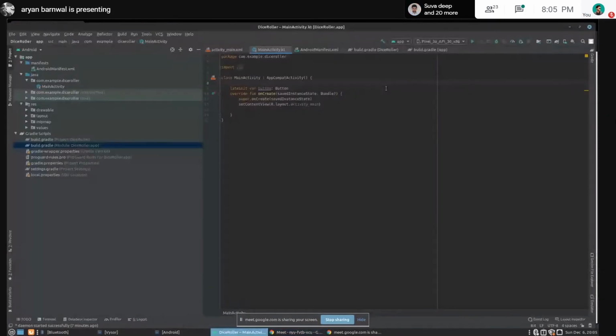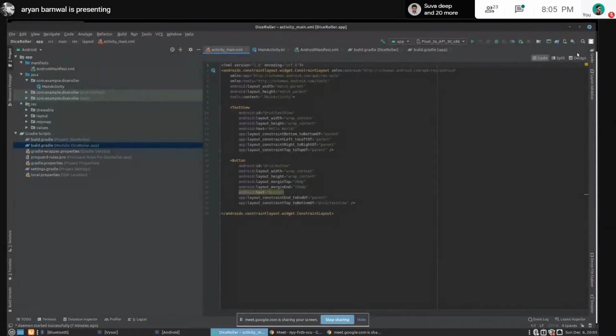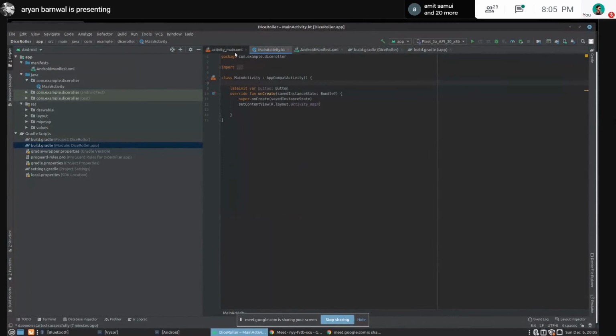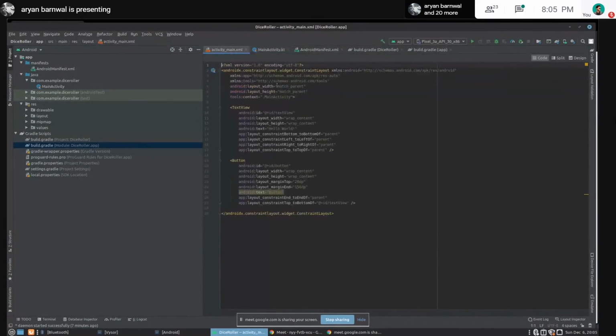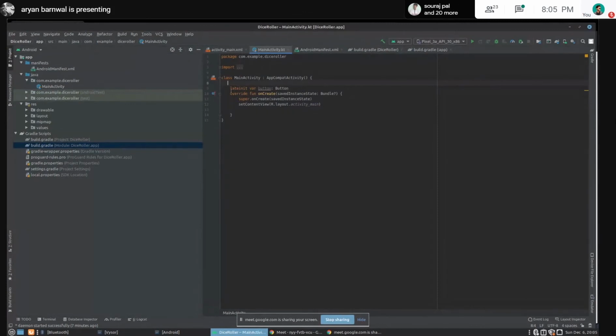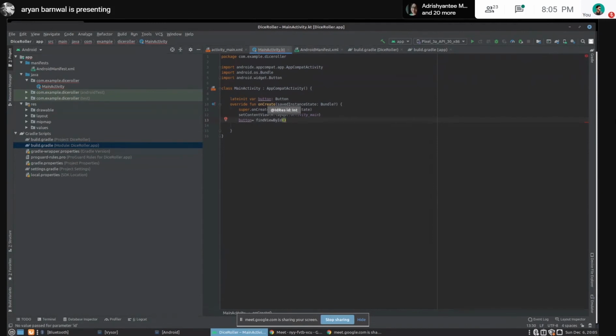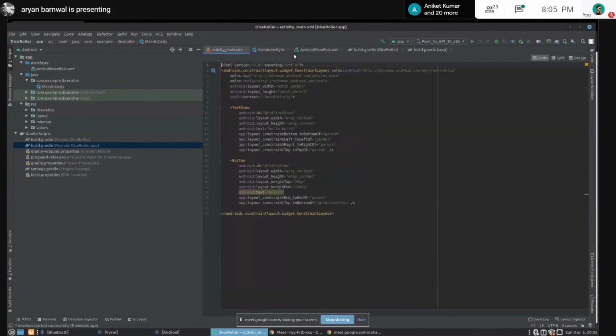So what happens here? We have dropped a button for now. To make the button interactive, we first have to give it an ID. Let me see this. Yeah, it already has an ID of button. So I will just initialize it. I declared a variable of button, which is of type Button, and you can see that it has already imported it. So I will write button equals findViewById. This will find the thing we are looking for. We have already given it an ID, and we will just write button. If you go here, you can see that you already have given an ID here, so you can just reassign it.